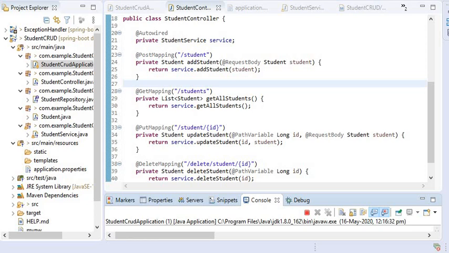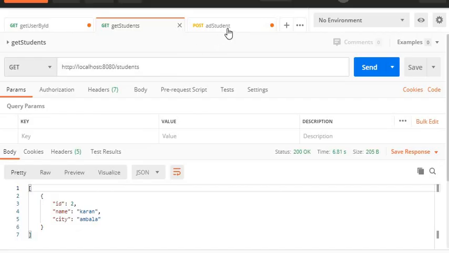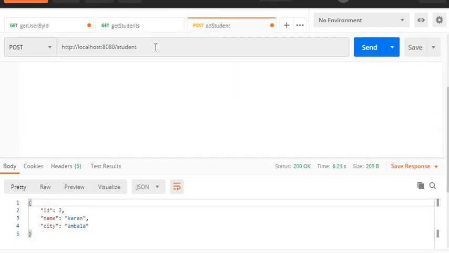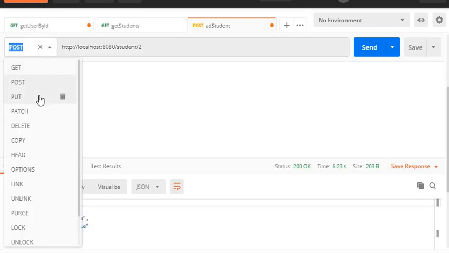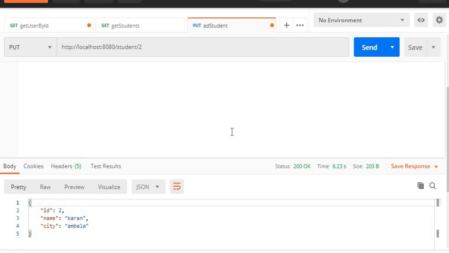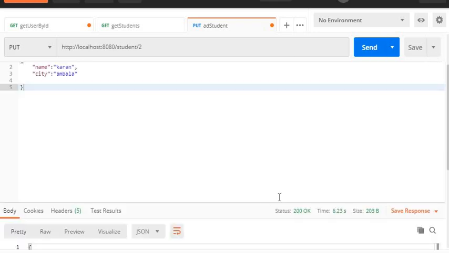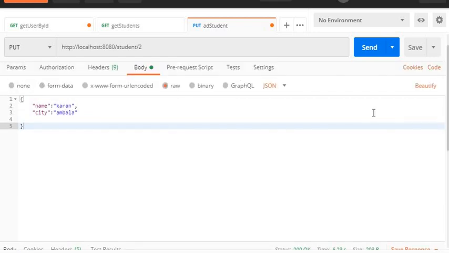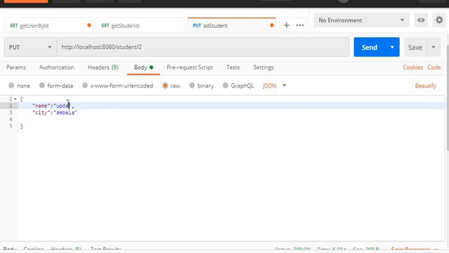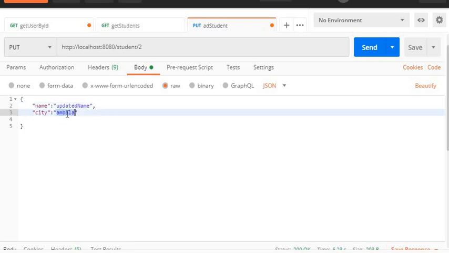Here I will pass the ID as 2 and the request type will be put. And here I will update the name. And send.